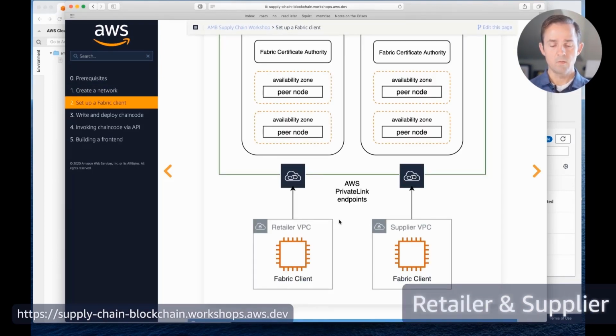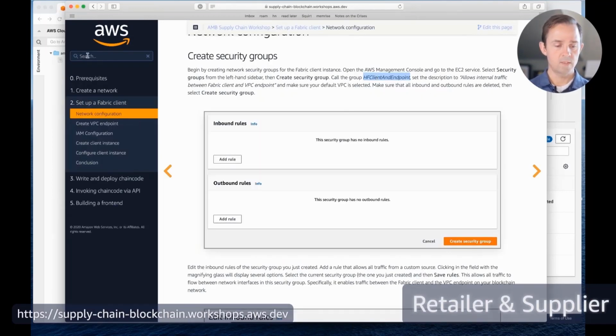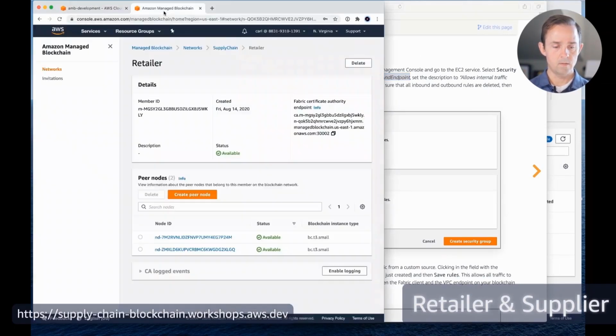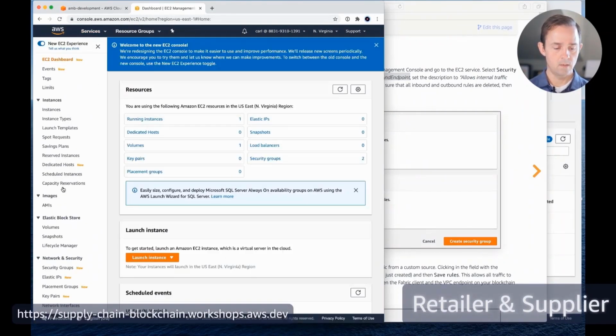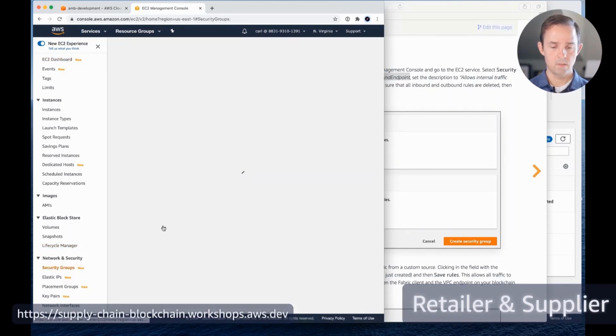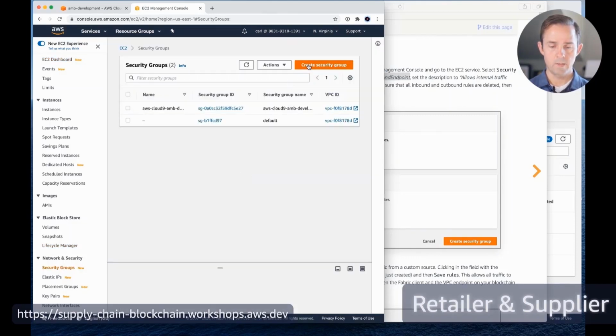For the next module, we'll be installing the Fabric client on each member of the consortium. This is an EC2 instance that will be used to configure and deploy smart contracts that will be used in our blockchain application. One of the first steps is to create a security group. To do this, we will go to EC2 in the Management Console, go down to Security Groups, create Security Group,